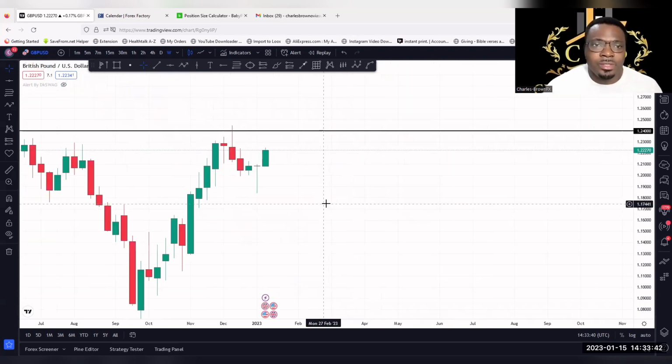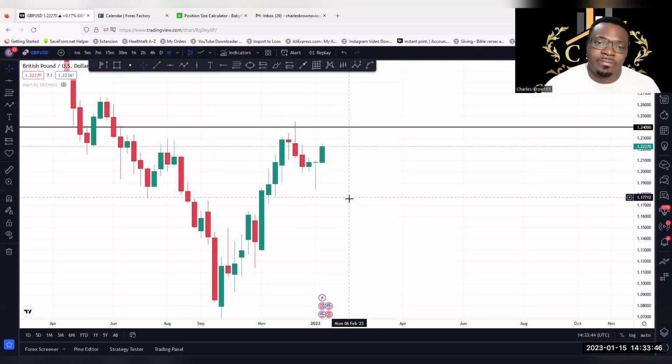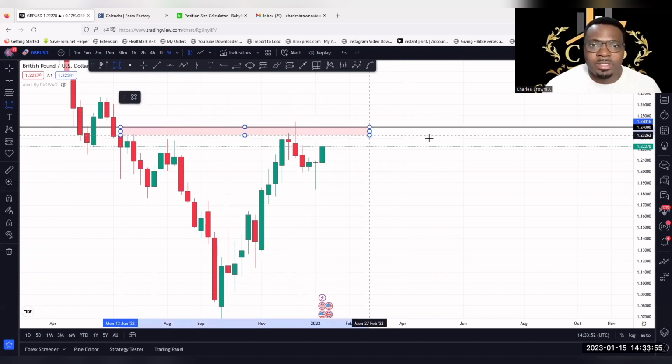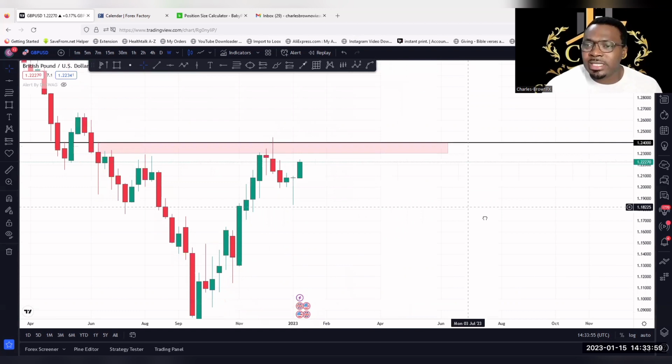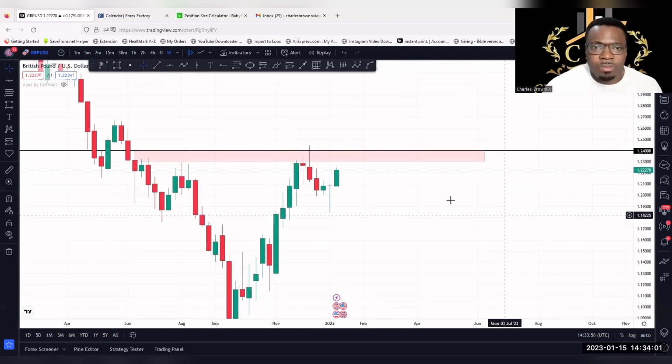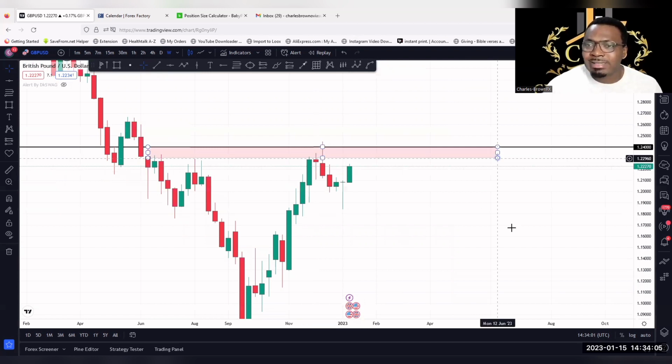So we have a healthy bullish candle, but I'm suspecting something very interesting here because price came up here to this key zone, this particular key zone. Remember, this is a zone, and price came up to this key zone of 1.2400 psychological level, stroke 1.23 psychological level. So we have 100 pips in between there, and price played in that zone.